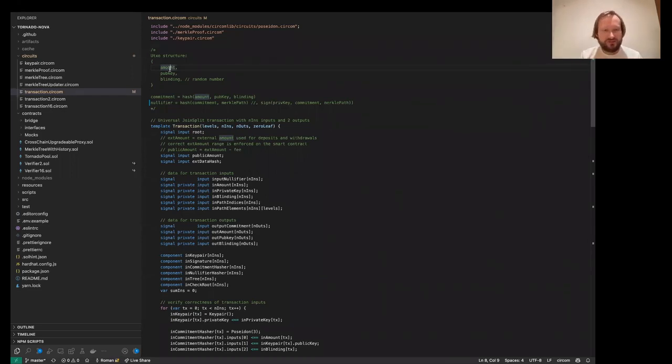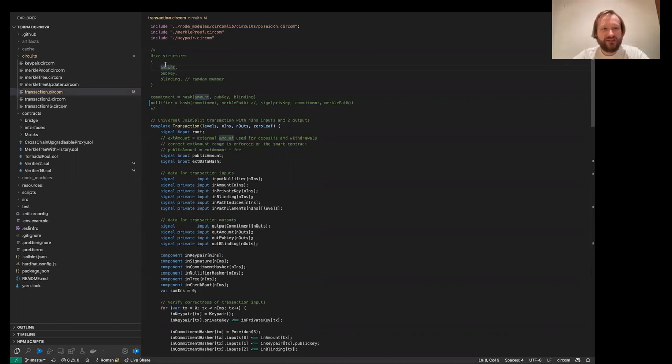and any amounts. For example, for Tornado version 2 that is currently in production, the amounts have to be fixed, like 1 Ether, 10 Ether, and 100, because if we allow any amounts and someone deposits 0.13 Ether and then withdraws the same amount, it kind of loses privacy.